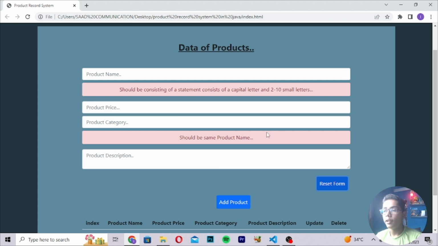So I hope you understand how we are doing all these things and what our product record system is here. So if you have understood this product record system which we have just done using Java,